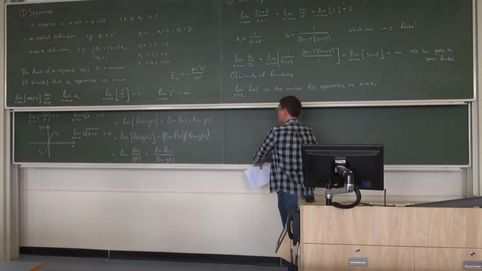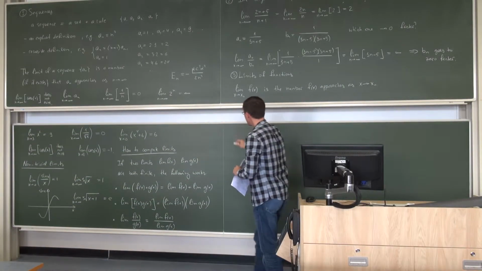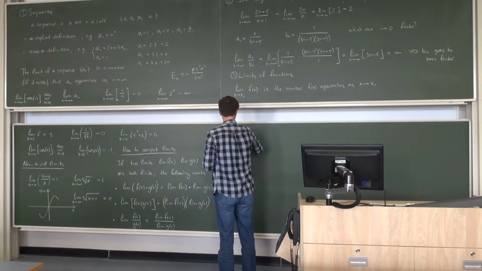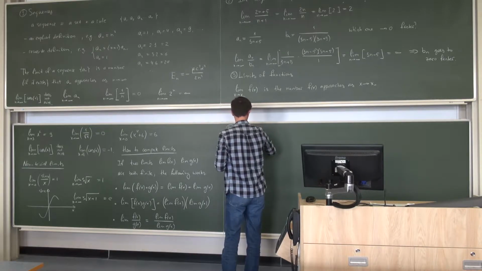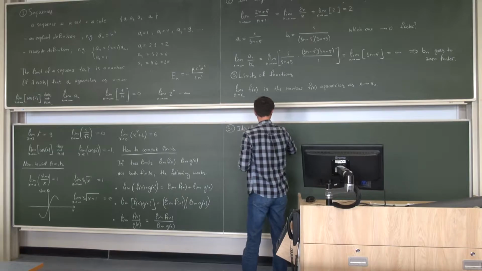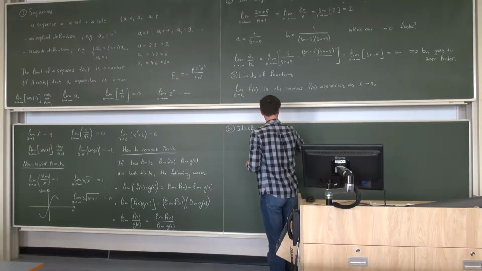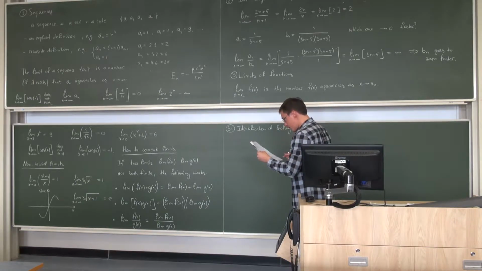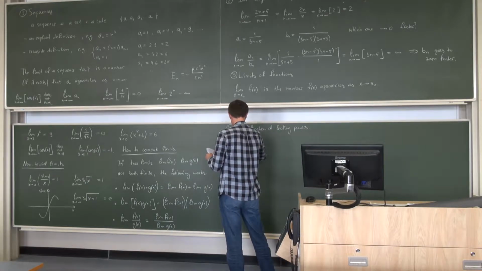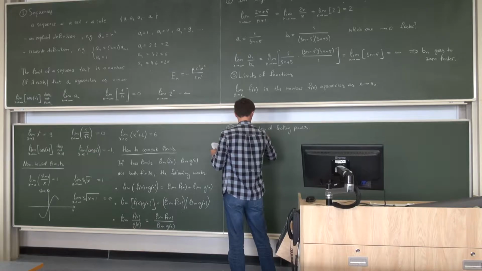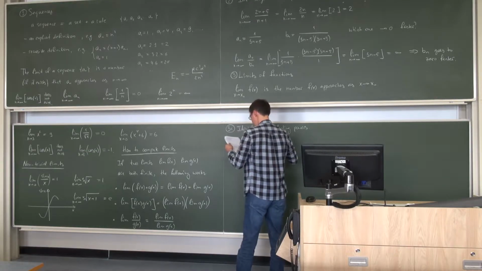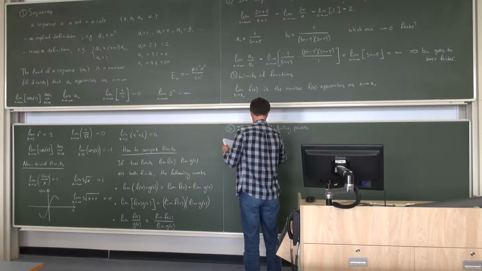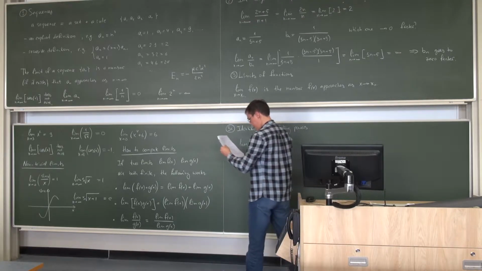The first one is called identification of leading powers. So that's item 3a. Let's take a look at something rather complicated. If we have the limit of the root of x to the 7th plus 1, minus x squared, over x plus cosine x, and x goes to infinity,